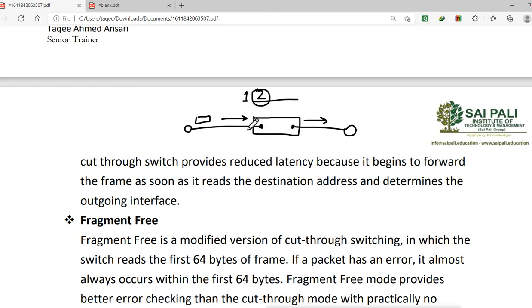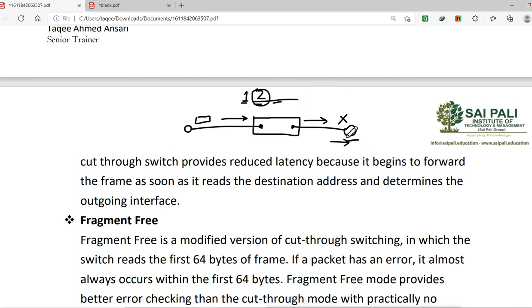Now in this case, it forwards the packet quickly, but there is a chance that error packets reach the destination machine. This machine will discard the error packet, because when the data gets into this machine, it also goes through all these layers: physical layer, data link layer, then network layer, and the other layers.